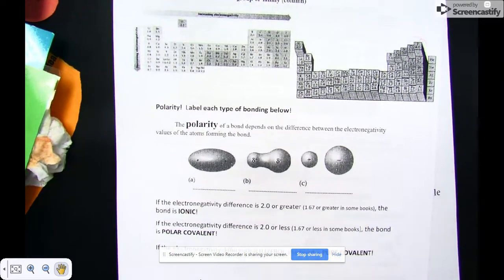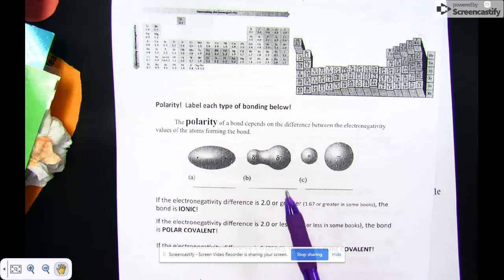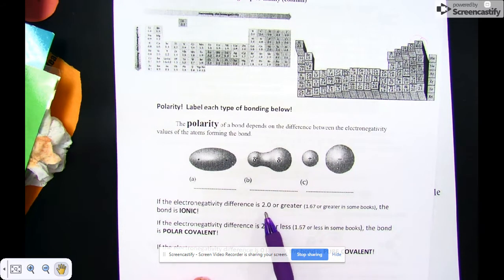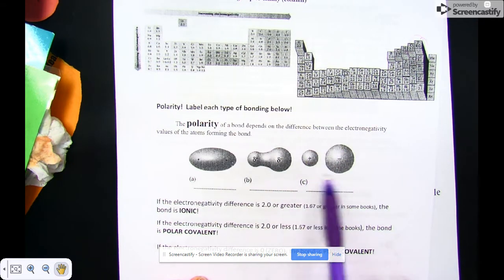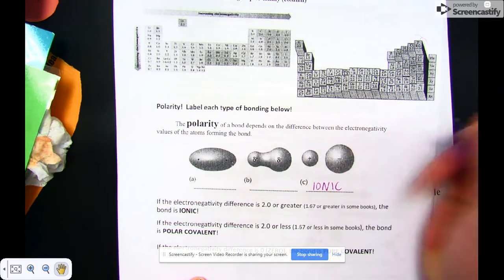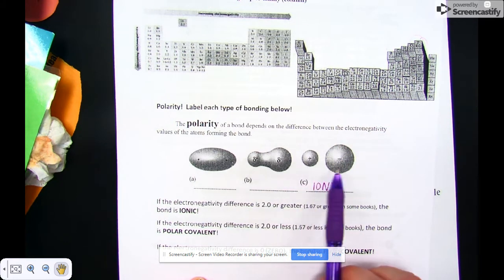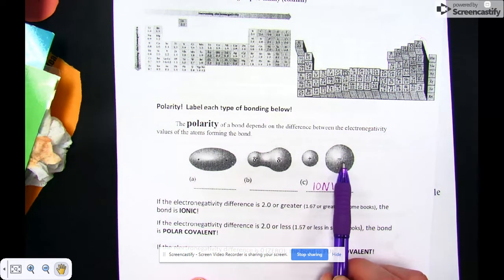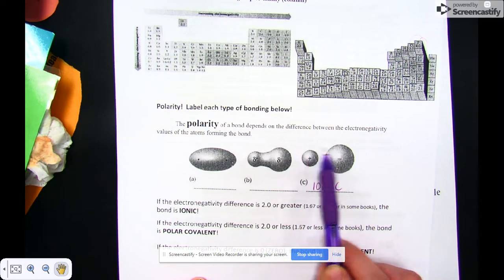And the difference between the electronegativity of the atoms matters. When the electronegativity difference between the 2 atoms is greater than 2, some places you'll see it listed as 1.67, that's when they form this right here, which is our ionic bond. Notice that there are 2 separate pieces. They're not sharing electrons. This one has stolen electrons away, so you've got a positive charge and you've got that